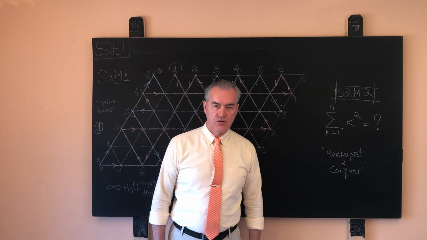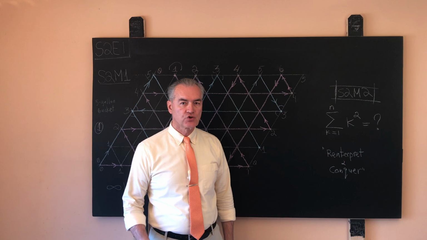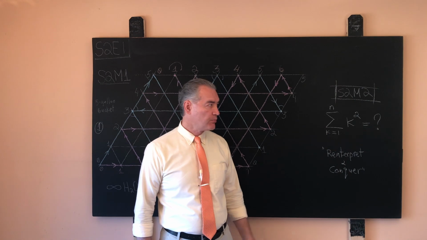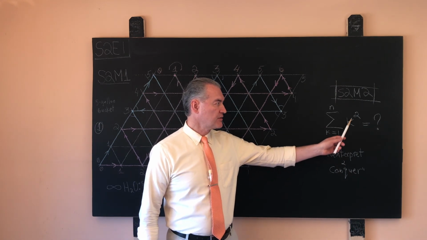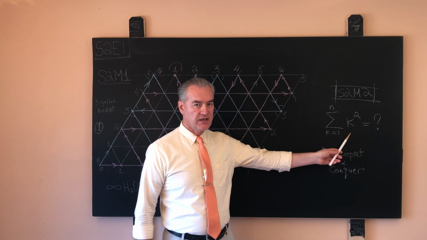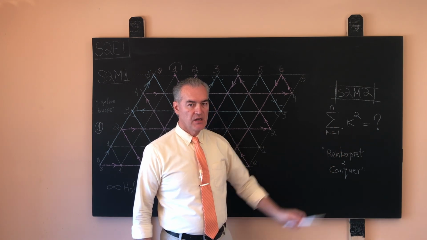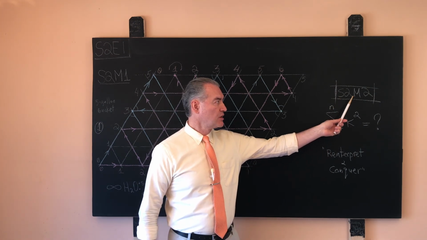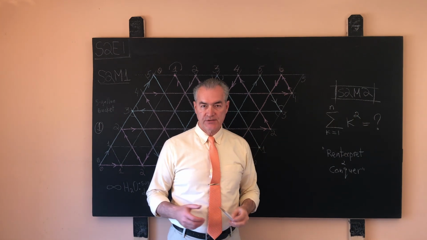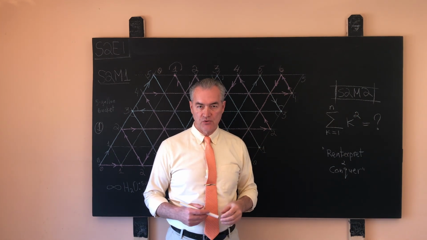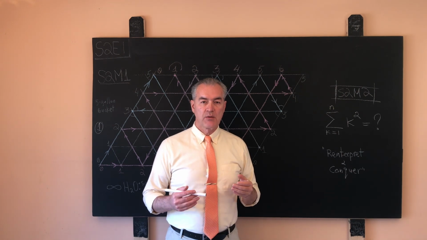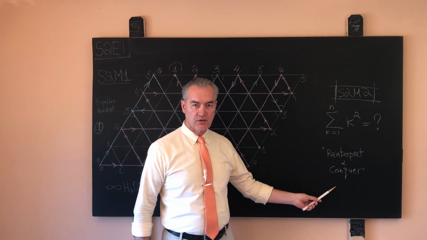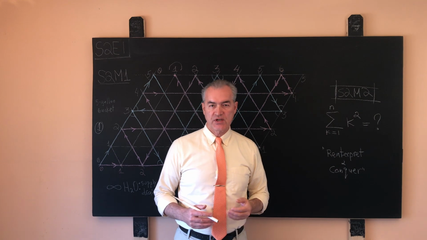In the next challenge, we are asked to find an alternative expression for the sum of squares of consecutive whole positive numbers, the sum of k squared, where the index k varies between 1 and n. This challenge is a problem in mathematics that we numbered as S2, M2. And yes, we know very well that this problem can be solved in a number of different ways, but because we're studying right now the mechanics of the reinterpret and conquer problem solving approach,